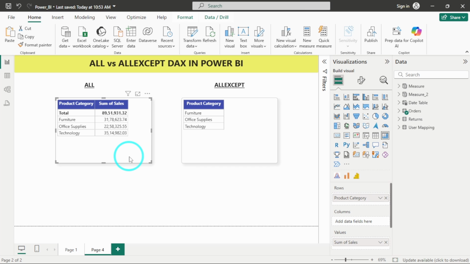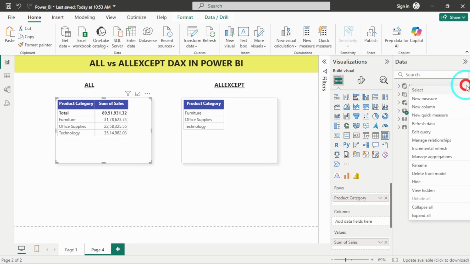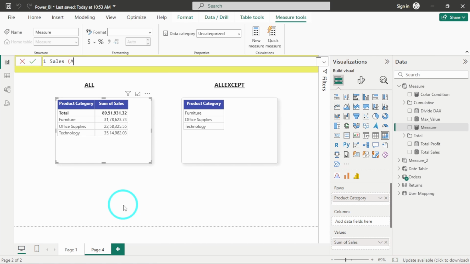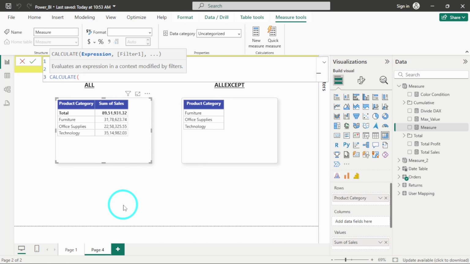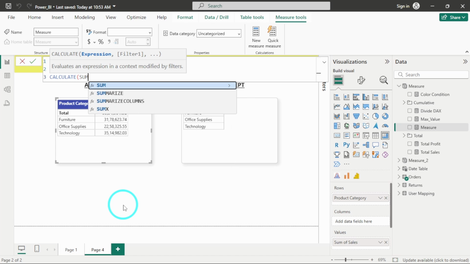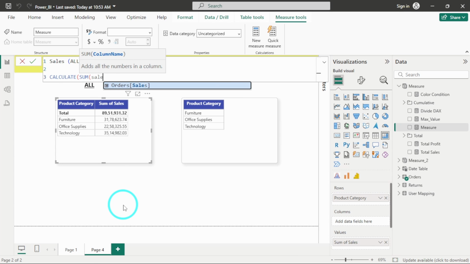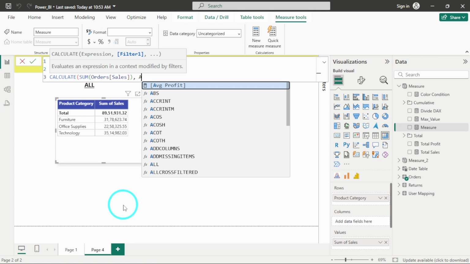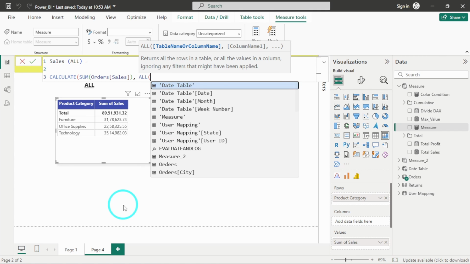Now, I will explain you everything about the ALL DAX. So what I will do, I will create a sales measure and in that I will be using ALL for that entire table. So let me create a measure first. I will name it as sales. In bracket, I will type ALL is equal to CALCULATE, and under CALCULATE, I will give the expression or the aggregation which I want. So I want sum of sales from orders table, and then I will apply the filter, which will be the ALL filter,